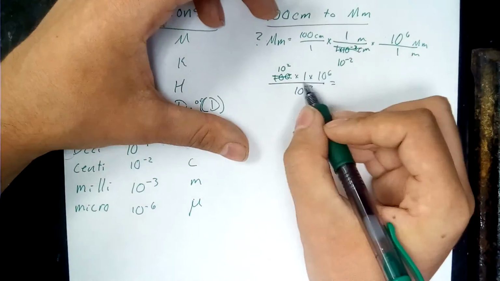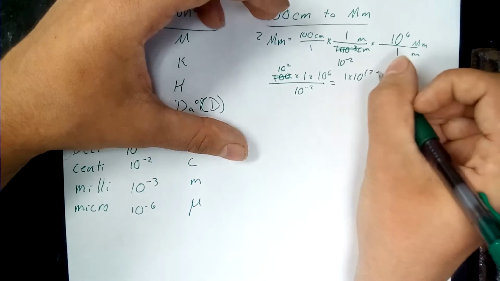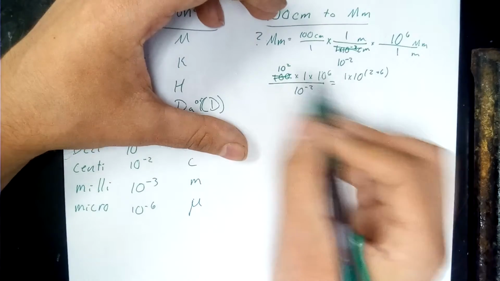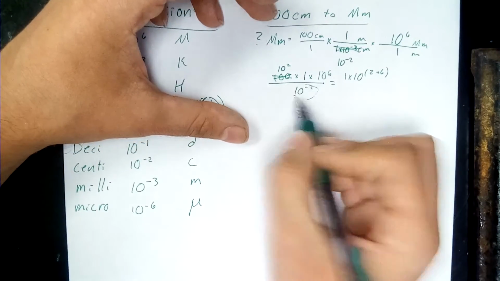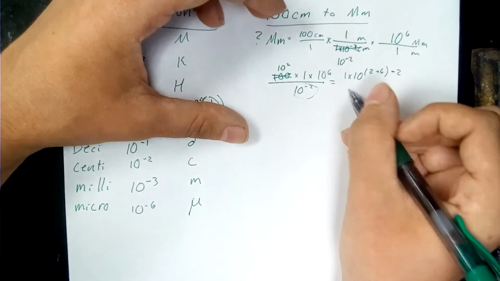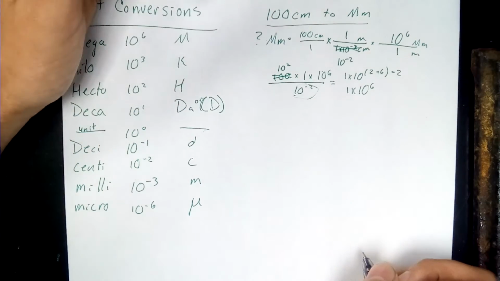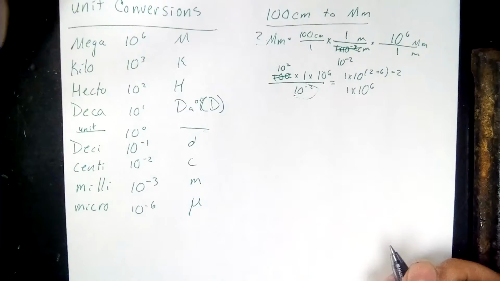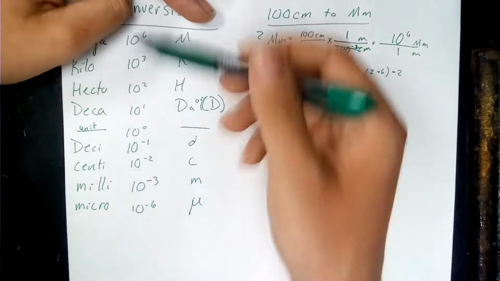So now all we have is 1 times 10 to the 2 plus 6, because I'm just adding these two exponents together. But then we're also subtracting this away. So it's also then a minus 2 is what we can say. So this is actually 1 times 10 to the 6th. It's kind of a little bit of a longer way, but this is usually the easier way to go when your metric units aren't